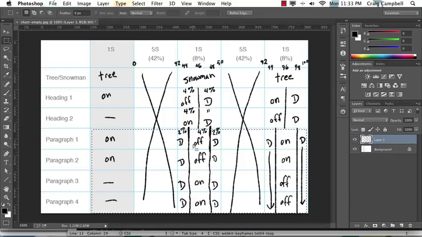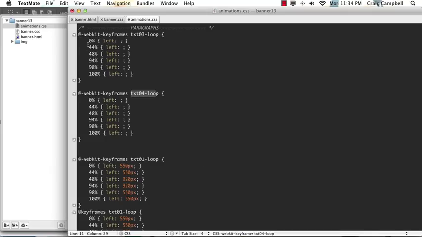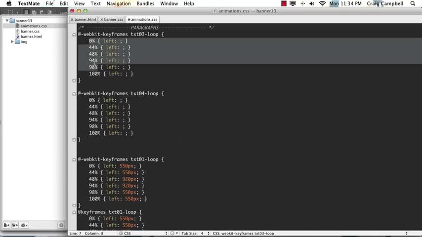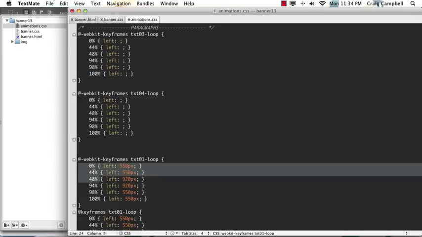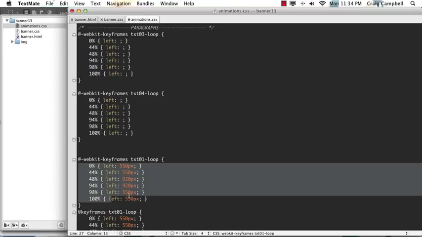Where paragraphs 1 and 2 are being animated off, 3 and 4 are being animated on, and vice versa once we get to the end. So again, the percentages themselves are the same. So 0, 44, 48, it's the exact same set of percentages that we used down here with text 1 and text 2. So for text 3,